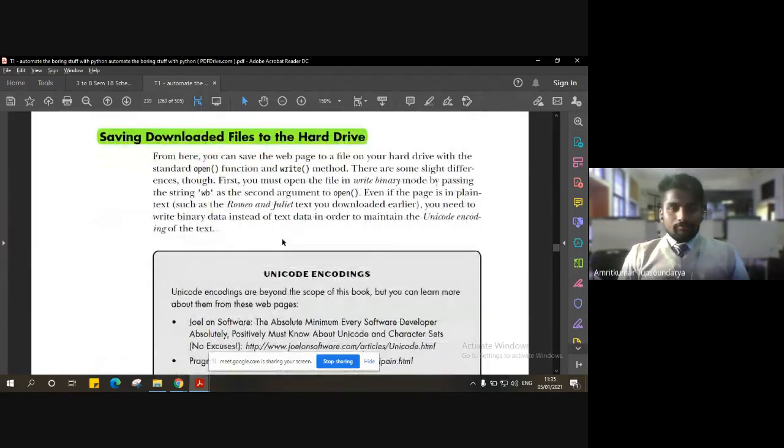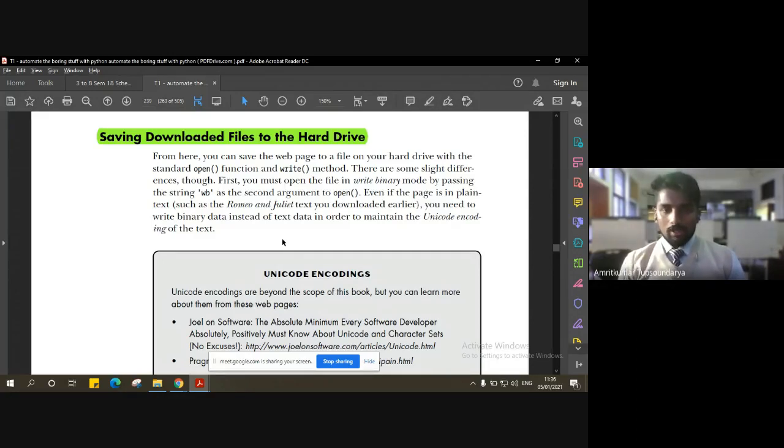Moving ahead, another interesting thing, for example, is to download files from the web page to the hard drive. There are a lot of ways to download. There are a lot of downloaders available. There are inbuilt features in Chrome, or any web browser, that let you download or save files from the web page to your local drive, maybe the hard drive. But can we have a program that will help us save the downloaded files to the hard drive?